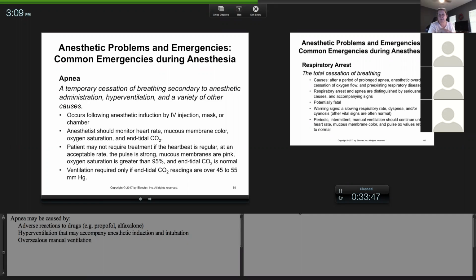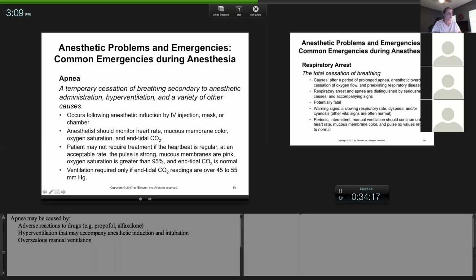Does it happen to every patient? No. But the higher the dose and the faster you give it, the more likely you are to cause a brief apnea. Now, it can happen a lot after IV induction. It can sometimes happen when they're in the chamber, they hold their breath. Now, their breath holding, they're usually not apneic. They're just being stubborn. So when you get them out,